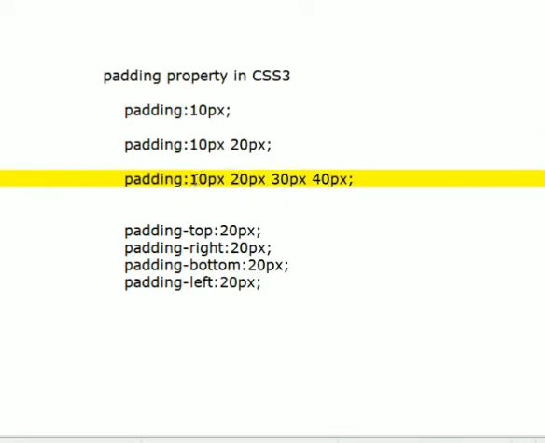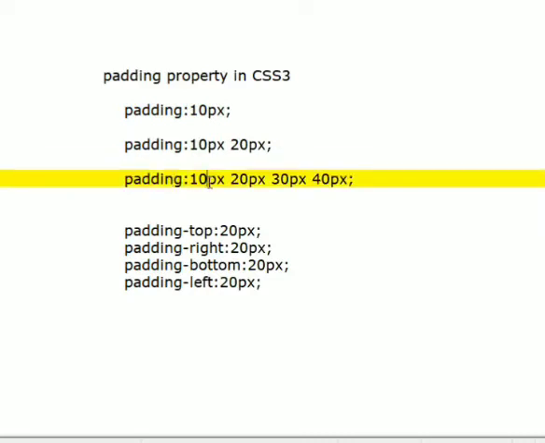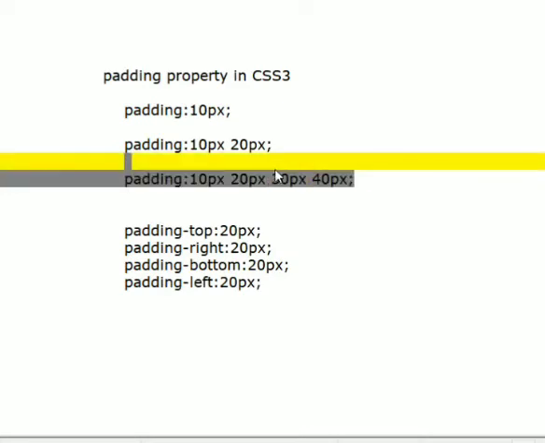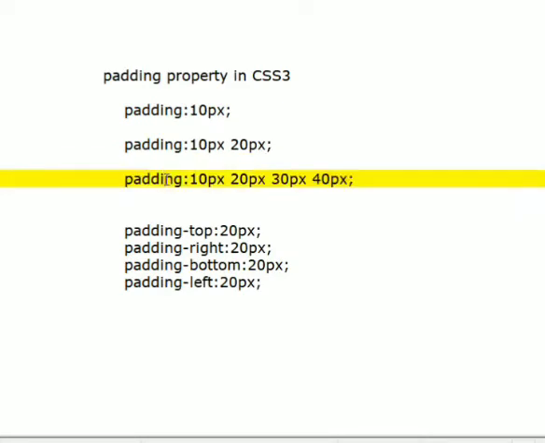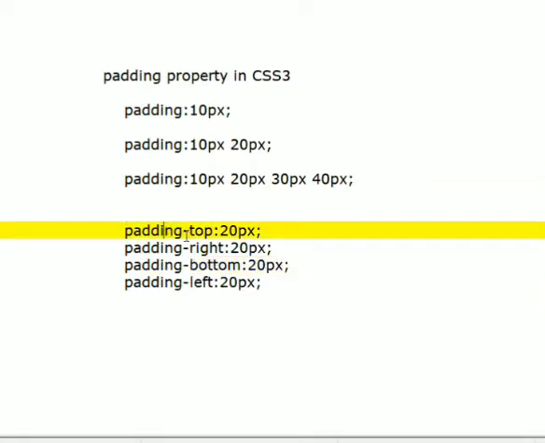Next one, I am passing 4 values for the padding property. The first value is for top, the next value is for right, the third value is for bottom and the fourth value is for left side. Means by using only one padding property, we can apply different sizes for all 4 sides. The next way is padding with a specific side.